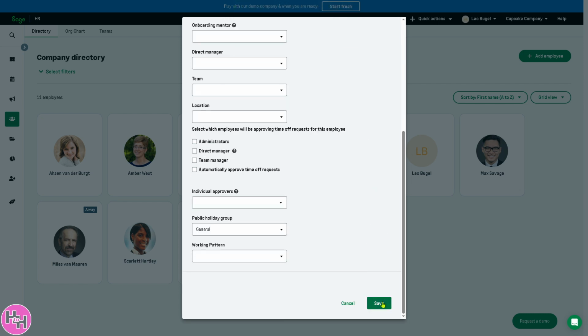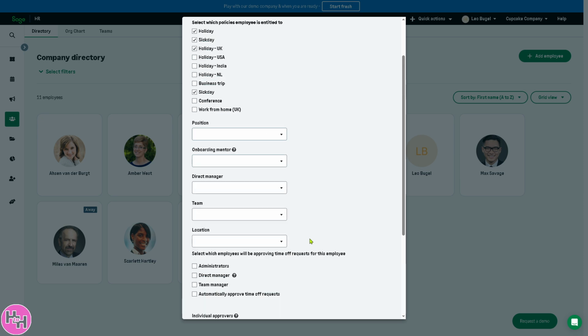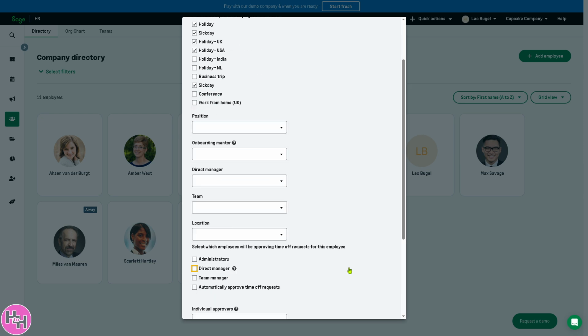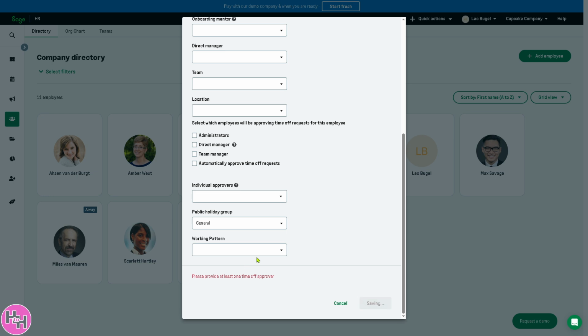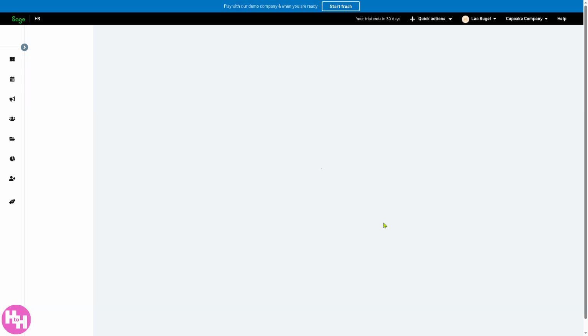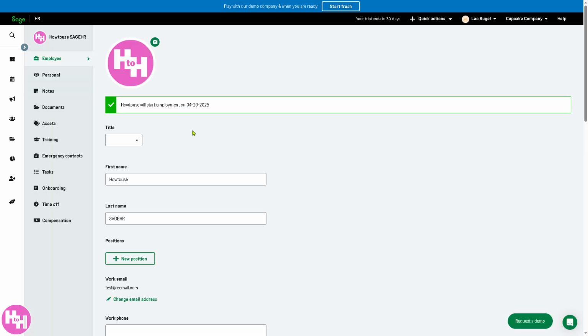Okay, so let's save that for now. Please provide at least one time off. Okay, so how about this one right here? So we have successfully created our first employee here, and basically the new employee will start on April 20th, and then after that we're gonna go to the